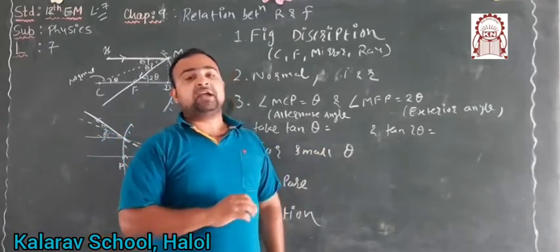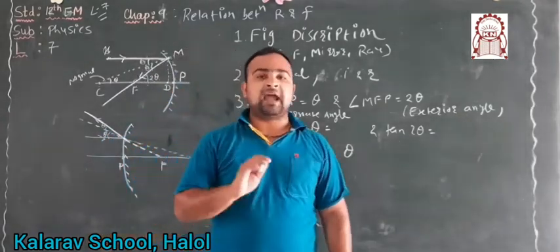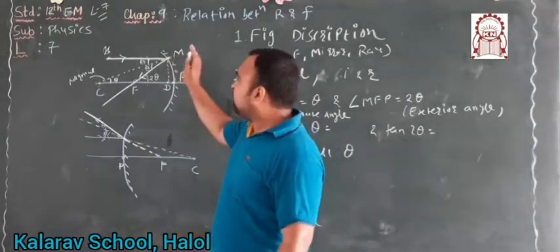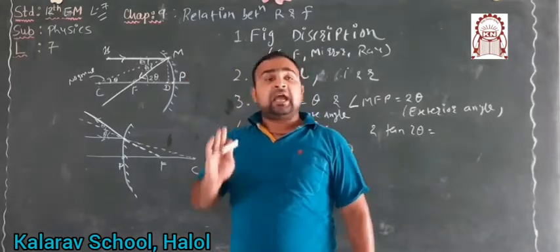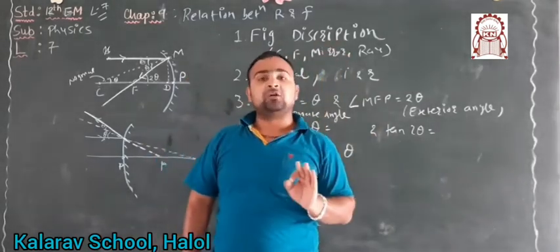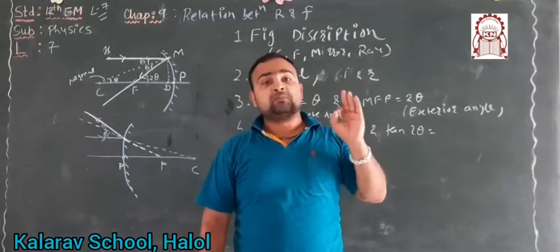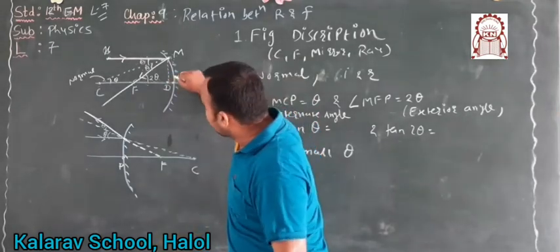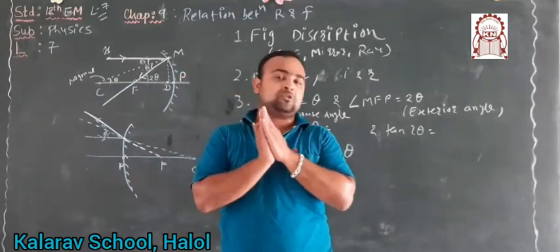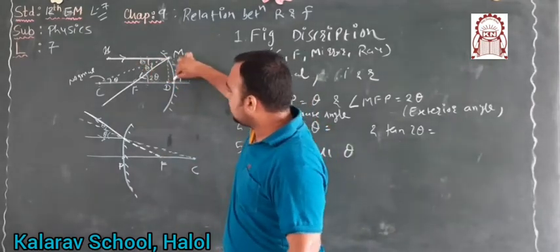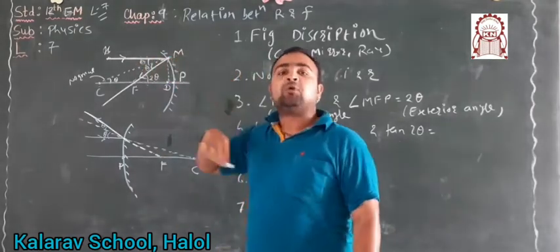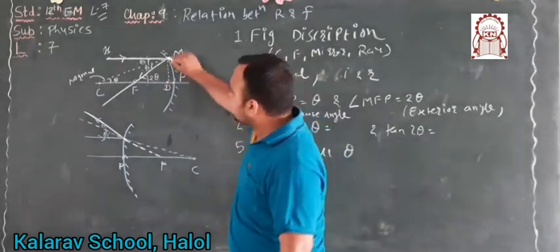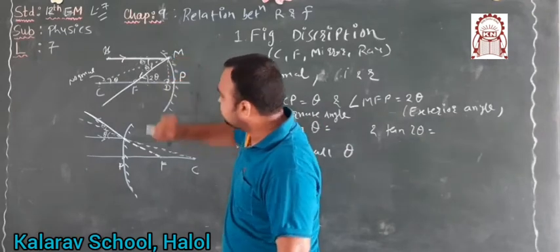Now the next point, you have to take tan of this angle. Whenever we are taking trigonometry, you have to consider the right angle triangle. So for this point, we are drawing one perpendicular line. Whatever mirror we are considering, at the introduction time you have to write down that the mirror we are considering has a small aperture. Whenever you are taking the smaller aperture, then this D point and P point are very close to each other. So if you take the F to P distance or F to D distance, both are almost the same here.